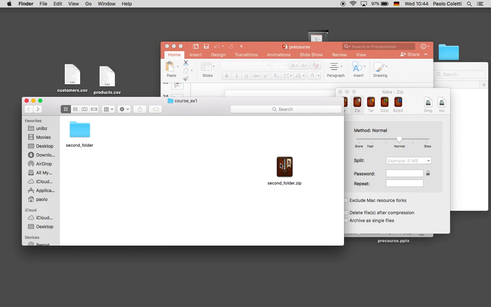Imagine you have a complicated, or just even not complicated, but with 3-4 subdirectories structure, and you want to send it to another person. Well, if you send it file by file, the other person will complain that he has to reconstruct manually the directory structure. If you instead take the main directory, compress everything, and have a package like this one, when the other person uncompresses it, they can reconstruct the entire package as if it was originally on your system. So it's very useful when you want to send around entire directories.